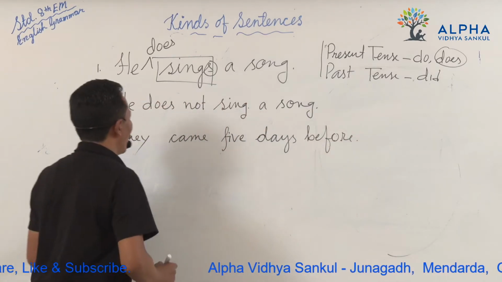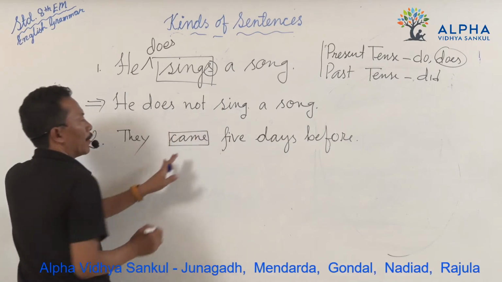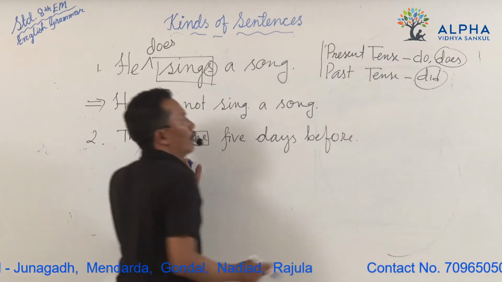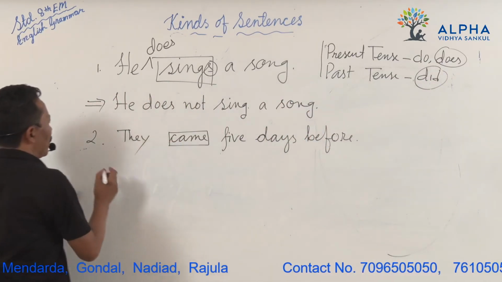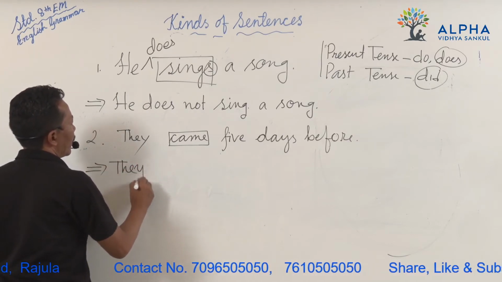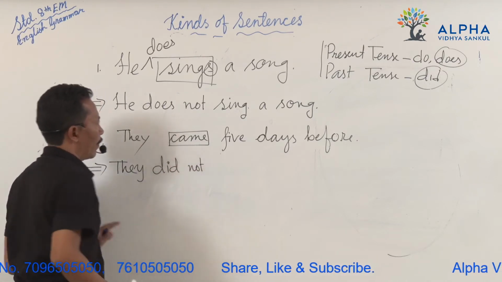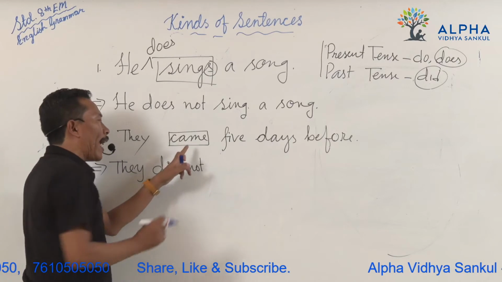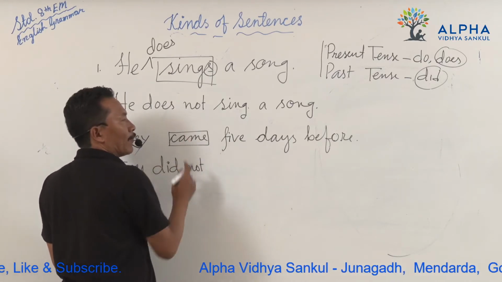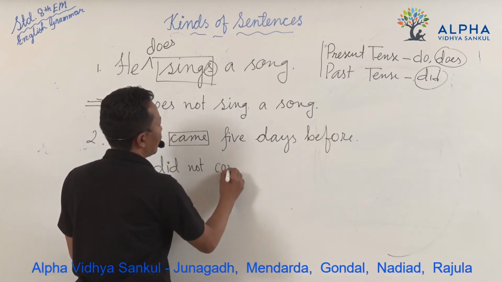And what shall we do here? You know, the verb "came" is what? The past tense. And for the past we have to use the auxiliary verb, the helping verb, did. So how can we change it? They did not. Okay. They did not. This "came" is the past form. We have to change it into the base form. What is the base form? Come. They did not come